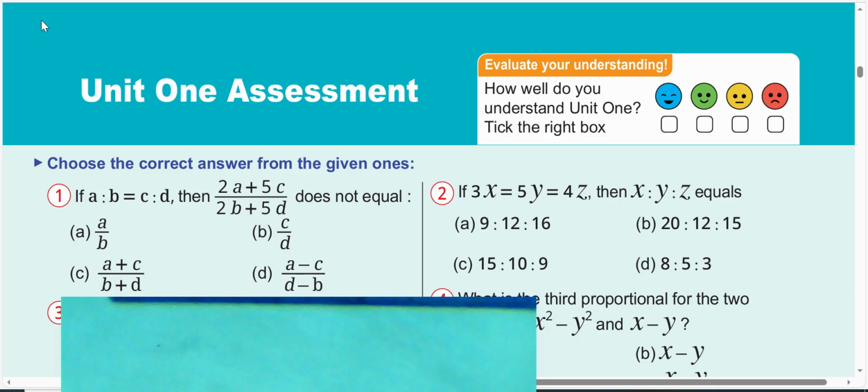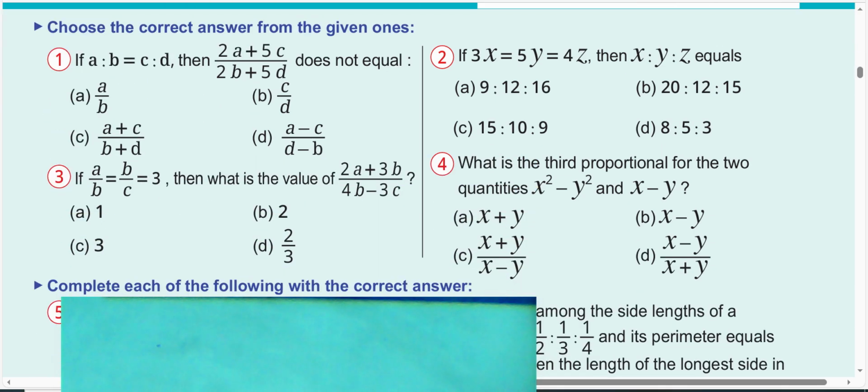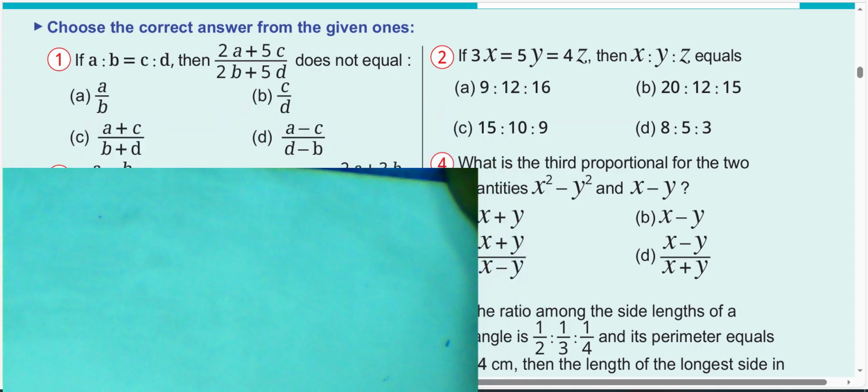Prep 2. Today we'll explain from the student's book, Unit 1 assessment. First question, choose the correct answer from the given ones. Number 1: if the ratio between A to B equals C to D, then (2A plus 5C) over (2B plus 5D) equals